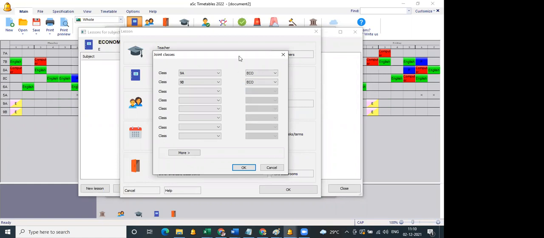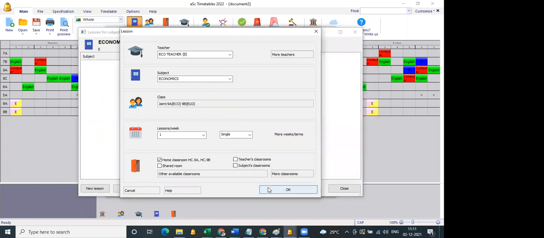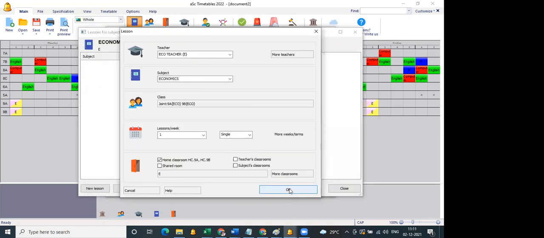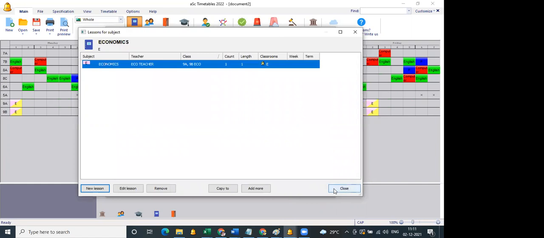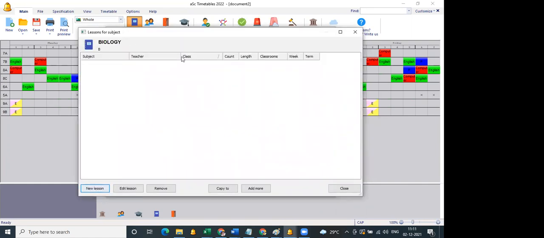You're getting this? I have added the economics teacher with the economics subject, but 9A and 9B with the economics groups. And I have clicked on other available rooms, I can also mention economics room. So economics is done. Similarly, for biology, I add the biology teacher.